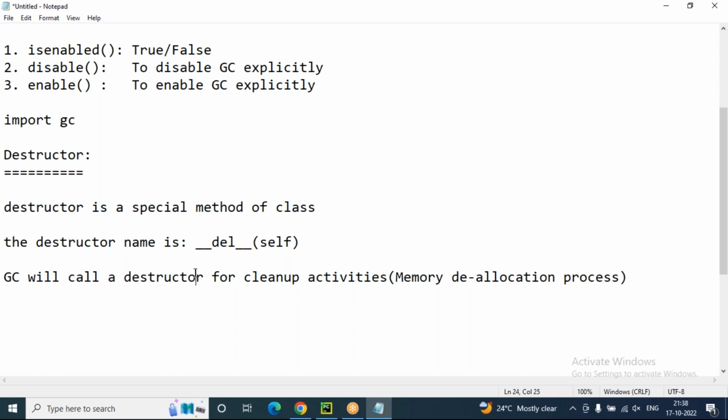Garbage collector will call a destructor for what purpose? Cleanup activities. Cleanup activities means memory deallocation process. Once the garbage collector calls the destructor, what is the destructor's responsibility? Only cleanup activities should be performed. That means memory deallocation. But once destructor execution completes, meaning cleanup activities finish, then the garbage collector only will destroy the